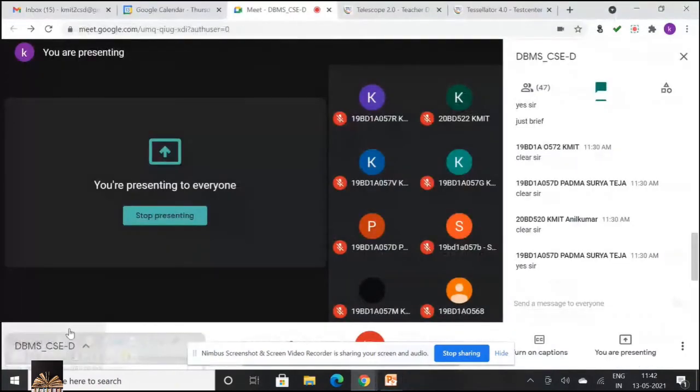Any problems with the keys, all of you? Are you able to understand? Yes. What is a key? What are the different kinds of key? And a briefing about what are the different kinds of keys that are existing. Any issues?